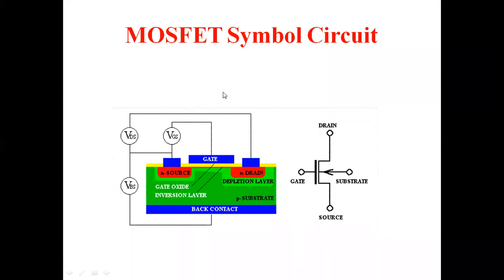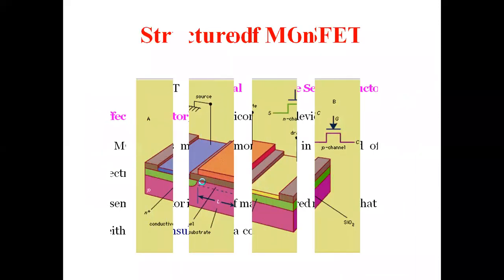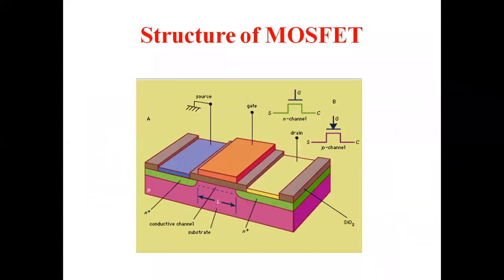So that's why it's called an on device, and enhancement is the off device. Most commonly, we refer to enhancement type as the most common transistor in a VLSI chip. Again, there is the NMOS and PMOS. We have covered the theory and the physical structure for the NMOS and PMOS. This is just a short introduction of the MOSFET. All those things we have already covered.